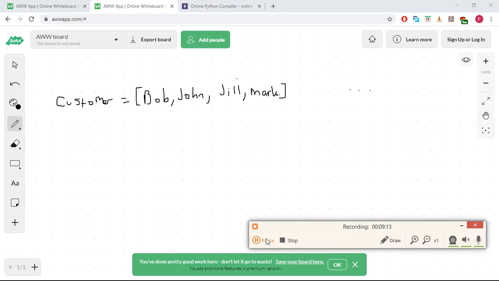Clear all. Alright, so I've written it down. Let's say you have a list of different customer names, and you want to print out their initials: B, J, J, M. You want to print out all the initials. These are just 4, but imagine you have a list of like 2,000 of these and you want to print out all the initials of your customers. So to print out,